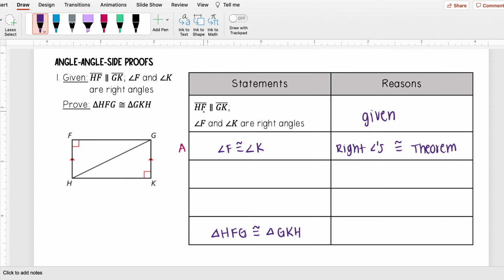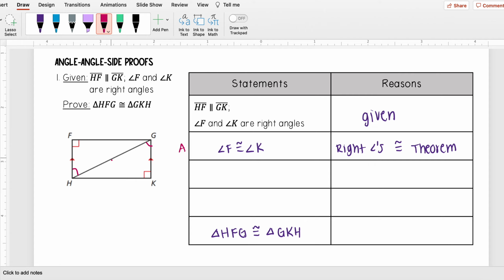I am also given that these two sides are parallel. And so again, that means that my alternate interior angles will be congruent. And it doesn't matter which one you decide to do. I'm going to go ahead and do these two angles. You could have also done these two for the same reason, but I'm just going to go ahead and use